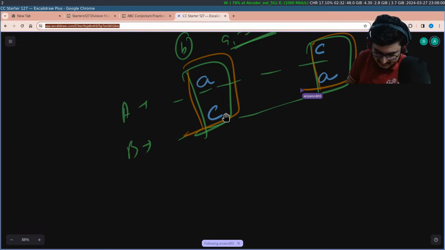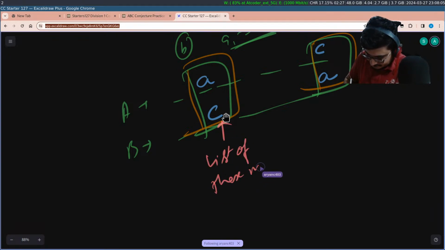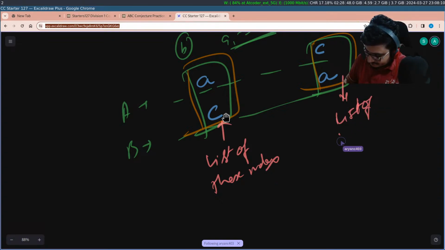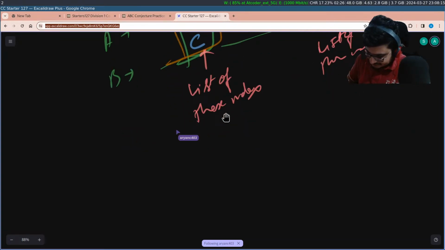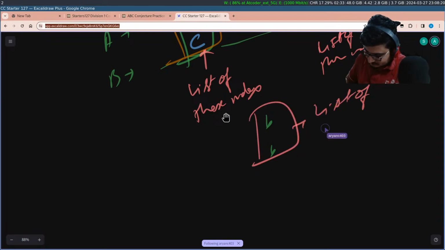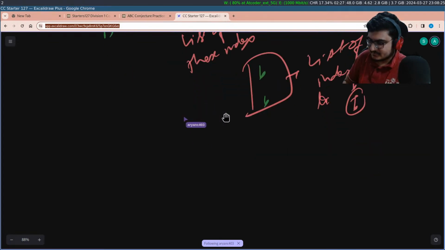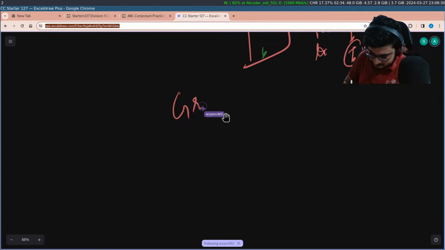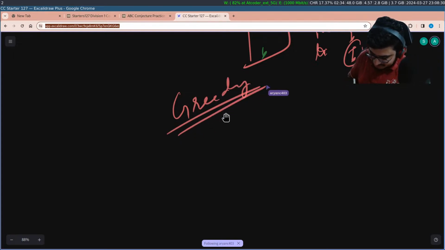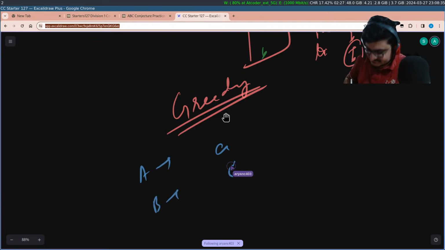So my idea was I can make a list of this index. I also make a list of this index. I also make a list where all the Bs appear. I have these three lists. Then what I did was greedy. Take the first place where A appears in A and B appears in C.